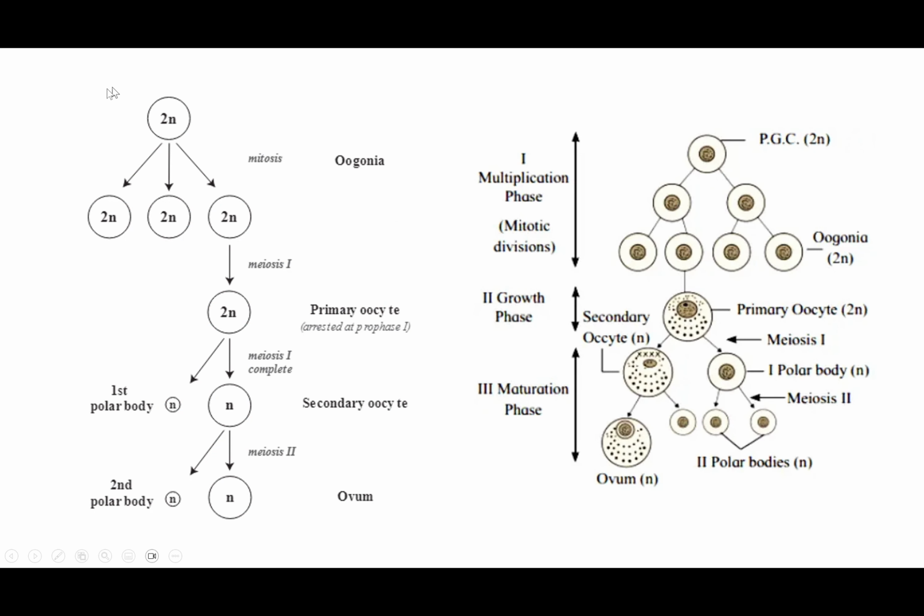Okay, so this is now oogenesis. So we have mitosis, basically two mitoses: mitosis creates one, and then mitosis creates two more. So it's three, from the oogonia, and then we're going to have meiosis 1. It's going to arrest there until when? Puberty. Until puberty. And then we're going to release our first polar body. And then we're going to meiosis 2 until